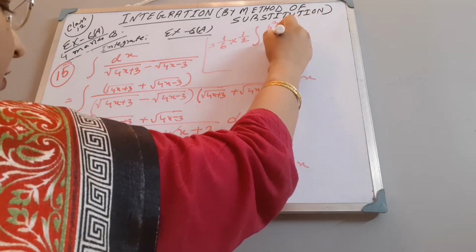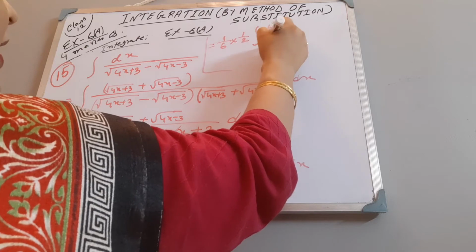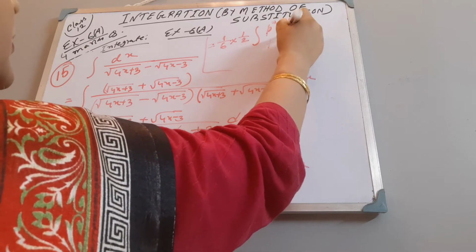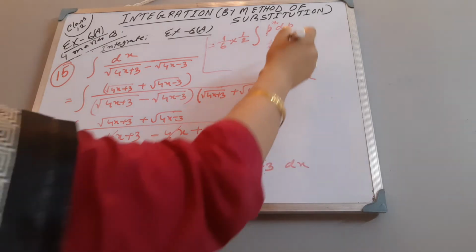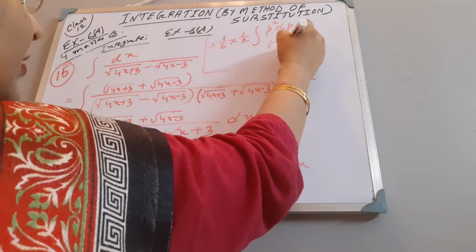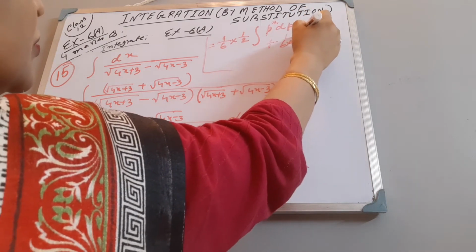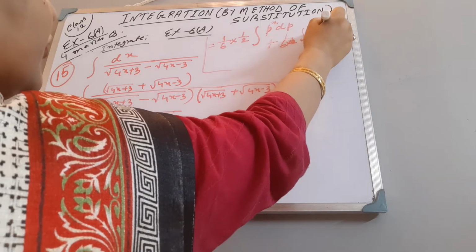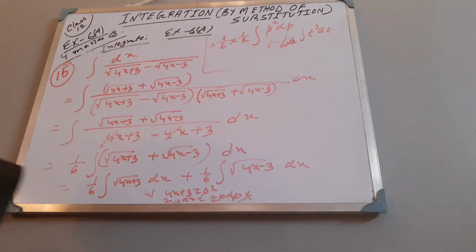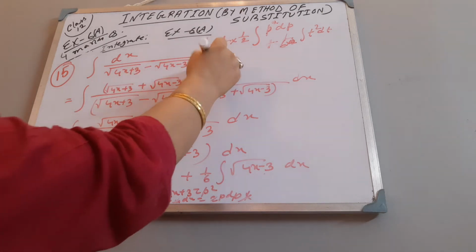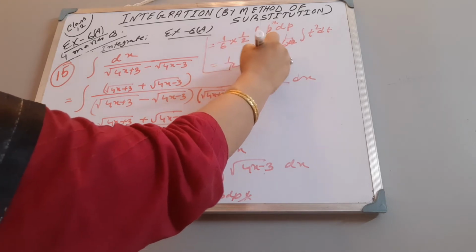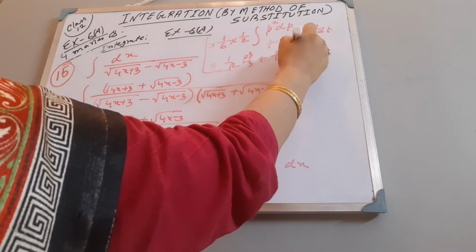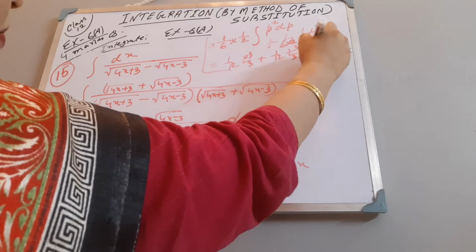Similarly, this part also we can write, taking this part as t; you can, the same thing we will get. So 1 by 6 into 2, integral t square dt. It's better to explain like this. Then what we will get? 1 by 12 p cube by 3 plus 1 by 12 t cube by 3 plus c.